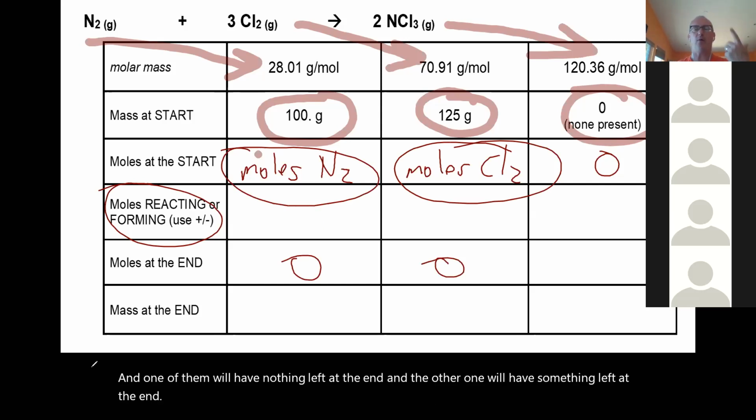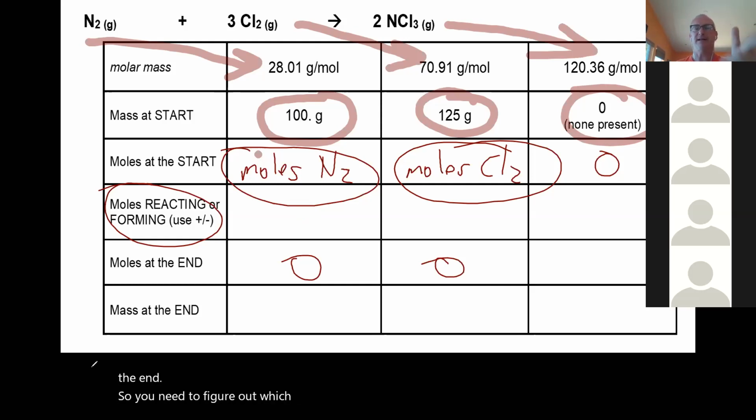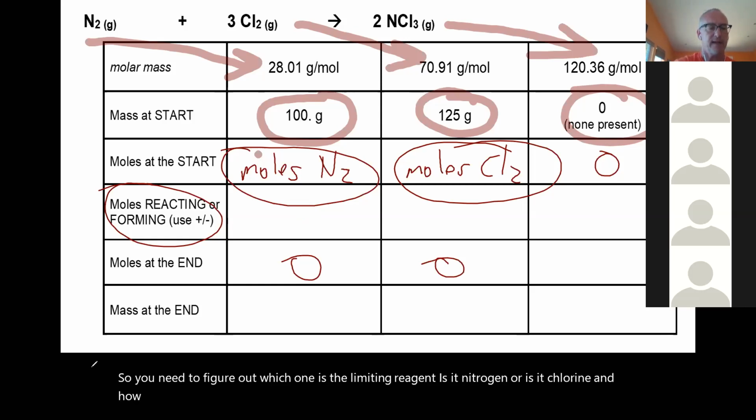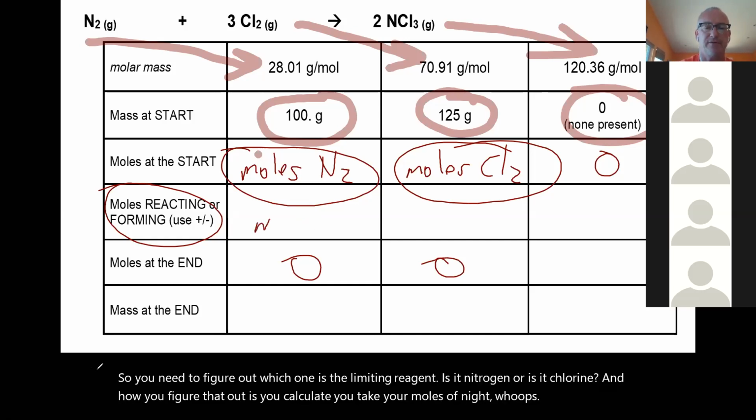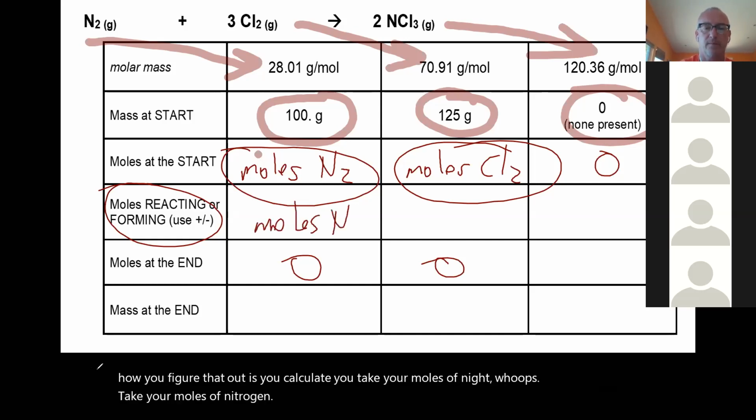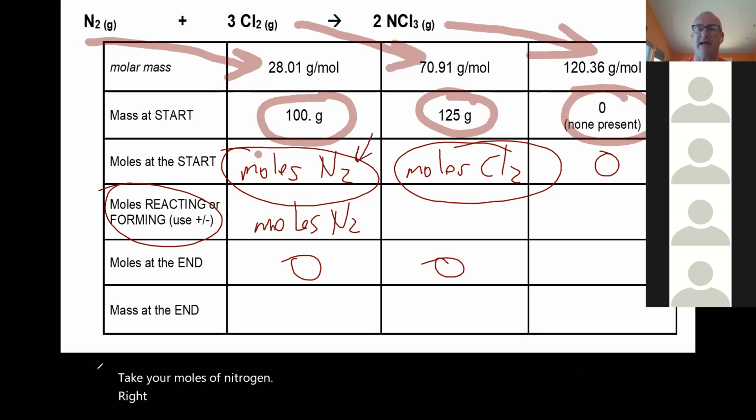So you need to figure out which one is the limiting reagent. Is it nitrogen or is it chlorine? How you figure that out is you take your moles of nitrogen, right? So here you've calculated moles of nitrogen. Using the balanced equation,